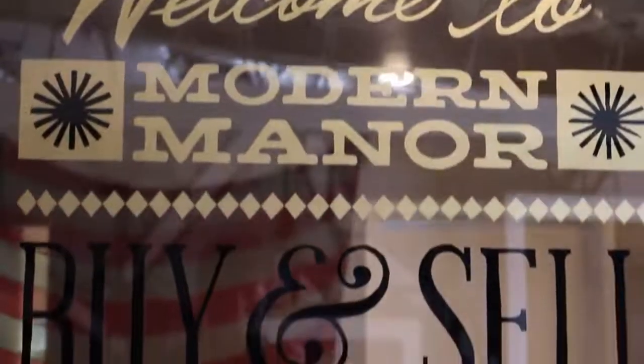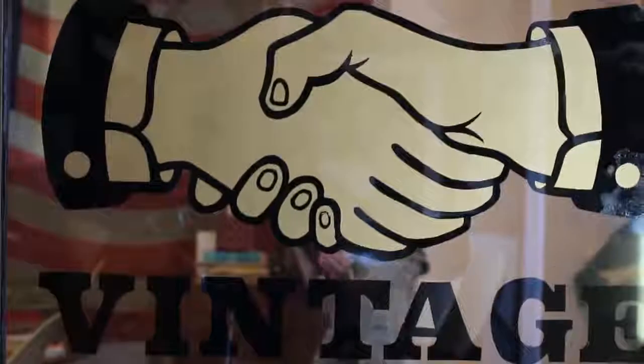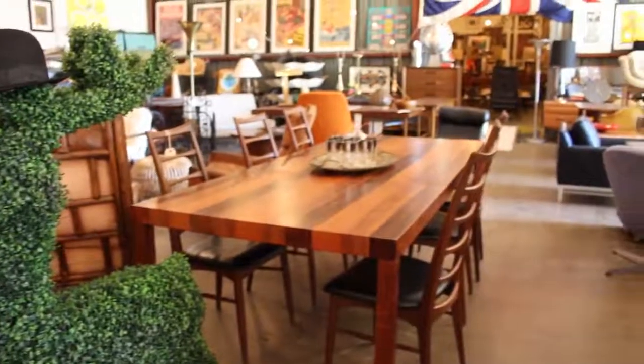Why mid-century modern? Well, honestly, just because we liked it. I always tell people this business was a big accident, because my wife and I never set out to open up a store or anything like that. It's not like we went to school for this. We just got married, and in designing our first condo, we're both very artistic, artsy people,